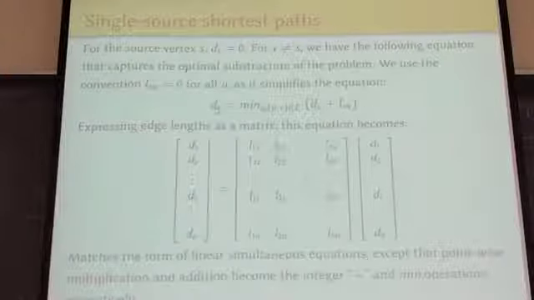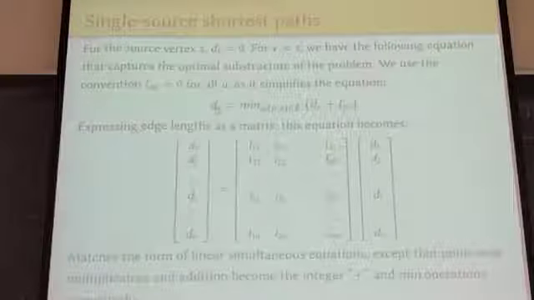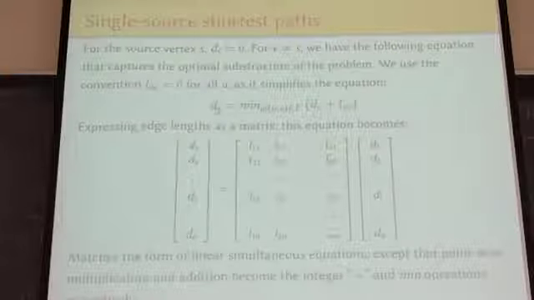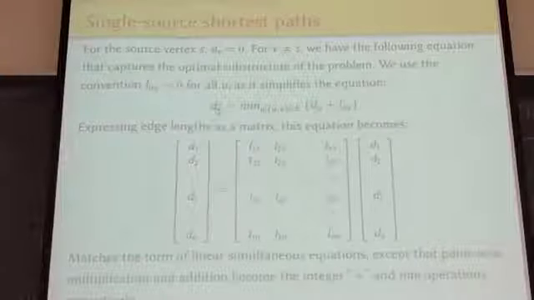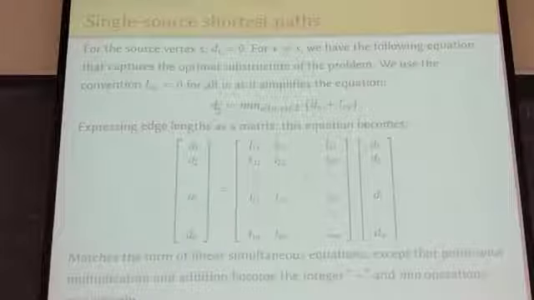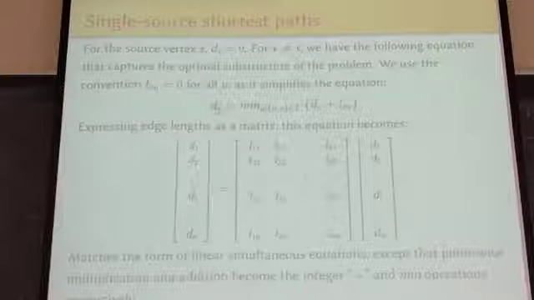This is useful because otherwise this equation would have to be something like D_V equals min of D_V comma D_U plus L_UV, because we may already have computed the shortest path to V, so then you just pick it, or else you may have to first go to some neighbor of V and then go from there to V. So essentially what you're saying here is that